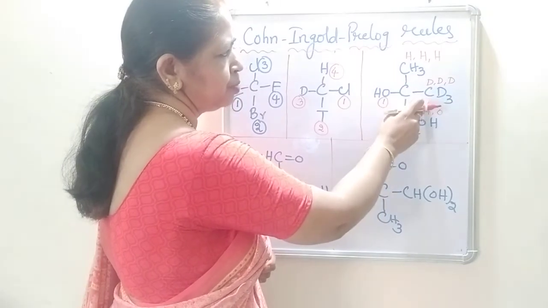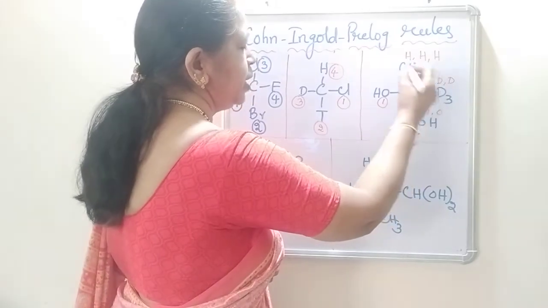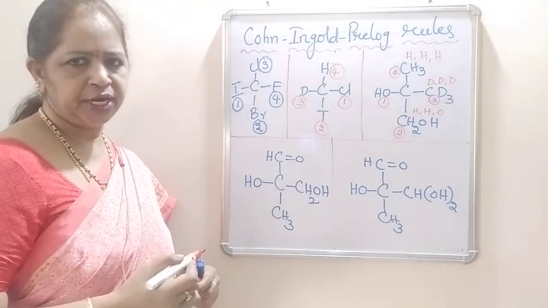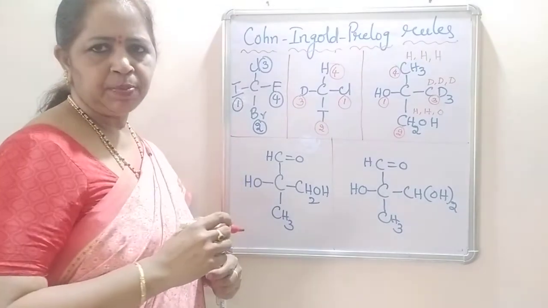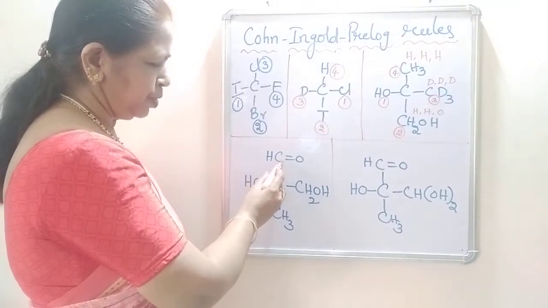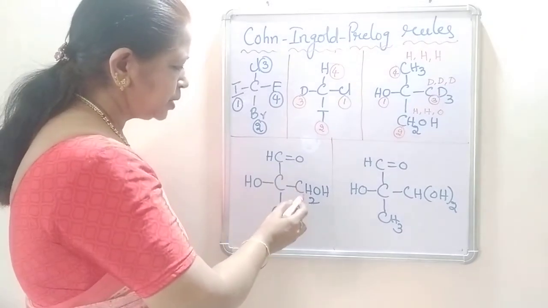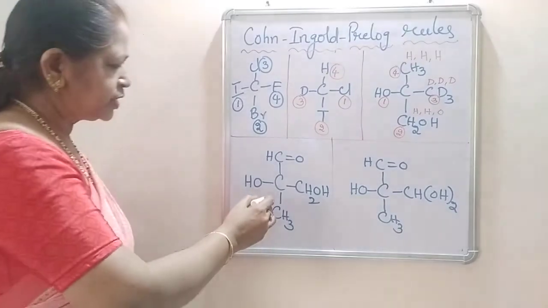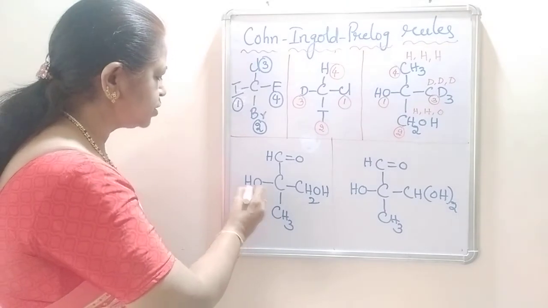Here these are the isotopes. Deuterium gets the first priority. So, third priority goes to CD3 and fourth priority goes to CH3. This is the application of the third statement. Okay, students. And if multiple bonds are present, what happens? In this one there is an aldehyde group with a carbon double bond oxygen, and CH2OH is present, and CH3 and OH. If we see the first atoms, oxygen gets the first priority, so OH gets the first priority.